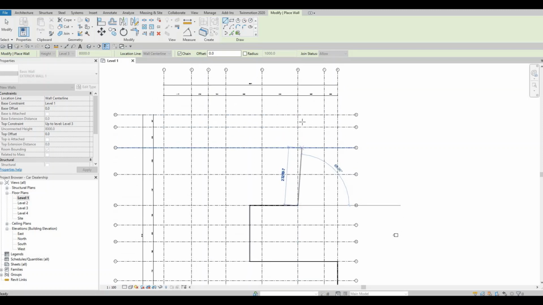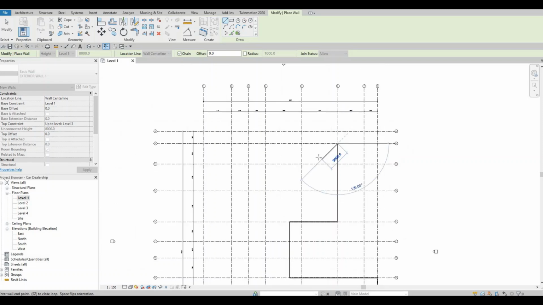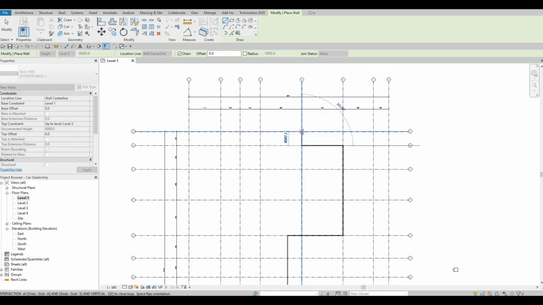that will be up to B6. So which is right here, B and then 6. Going back, this will be around number 5 grid line, and then go back, go up, so that will be A6, and then here we need to go to A2,